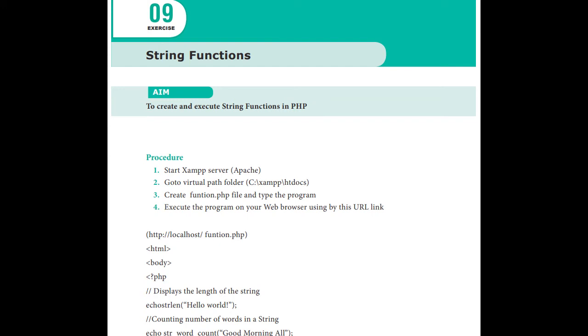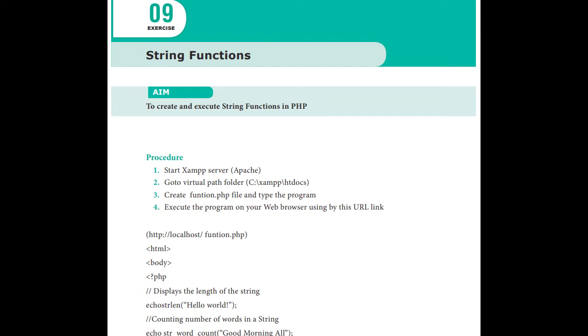Likewise, to reverse a string, to count the number of words in the string, to display the length of the string, to calculate the position in the string, to replace a text which is present in that string, or to change the color of the first character of the word, for everything we have separate functions. Okay, we'll say it as string functions. String is a group of characters or a set of alphabets. One alphabet is one character, so a set of characters, we can say it as a word, we can say it as a string.